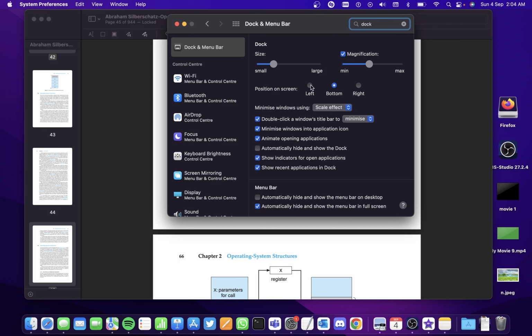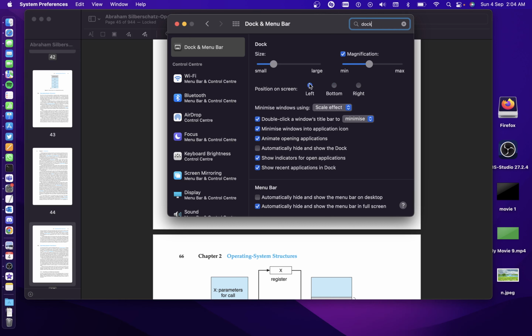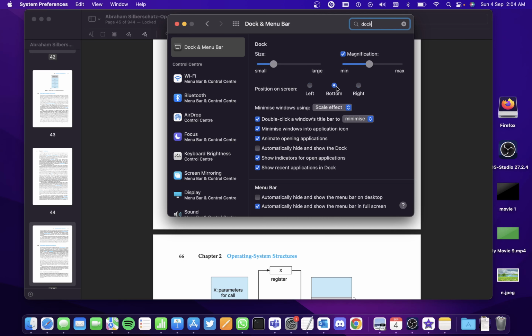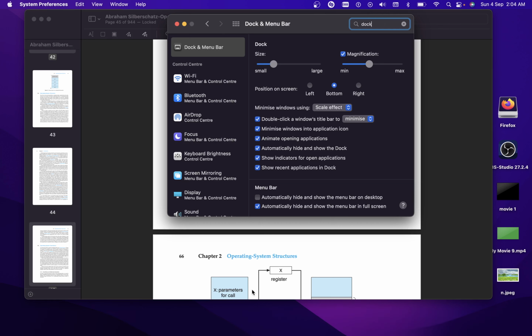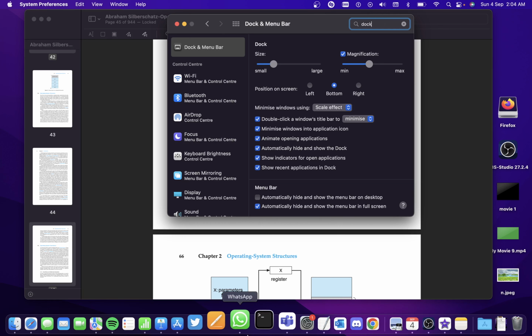And I can also position the dock in the left hand side of the screen or even the right. I think bottom looks the best. And you can also select the feature here where it automatically hides the dock, and when I go to the dock using my cursor, it shows up,